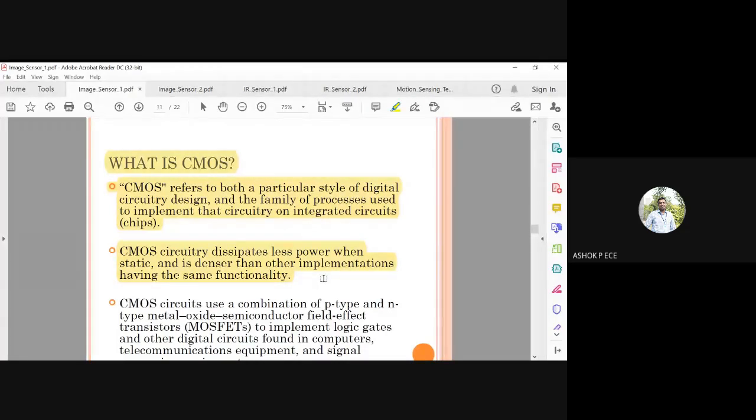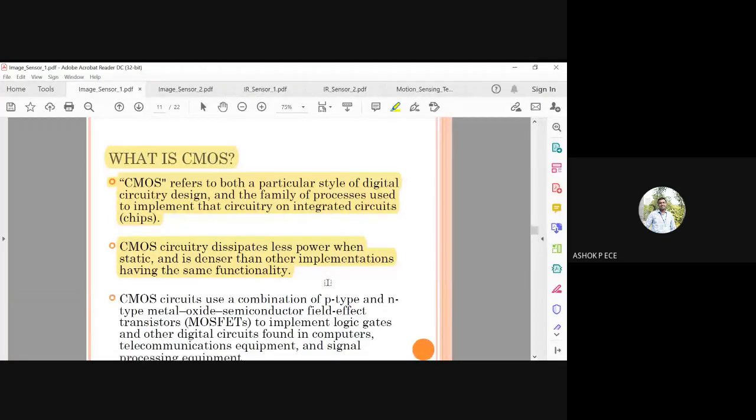So first thing is compact. Compact means it is very light in weight. Next one, it can hold more devices than the conventional technology available. Then it is going to dissipate less power. The power requirement is also very, very less.